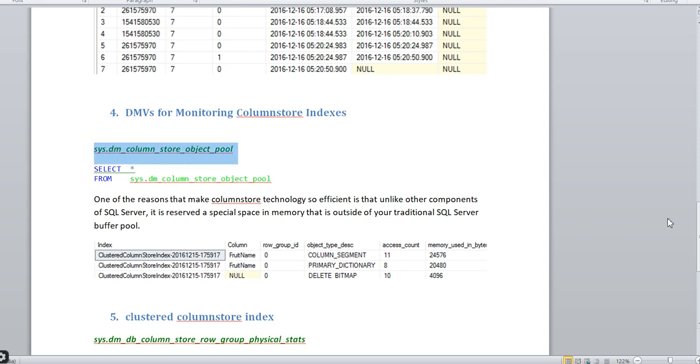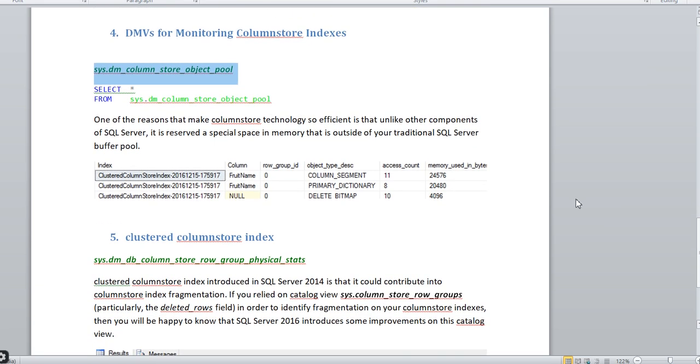This DMV gives exact information about the hardware, the memory used in bytes, what the column indexes are using, and how much percentage of memory, so you will get the exact overview. I have taken a small snapshot here, but you can use it and you will get the exact overview. This is also introduced in 2016.